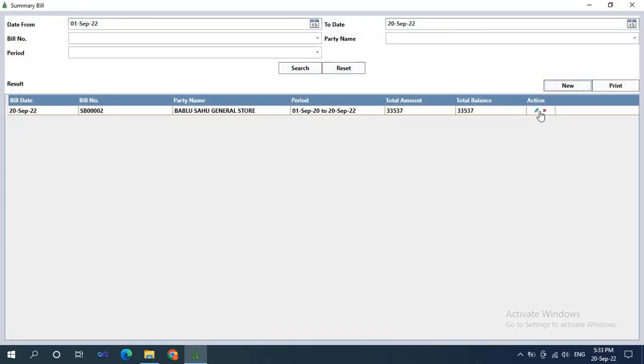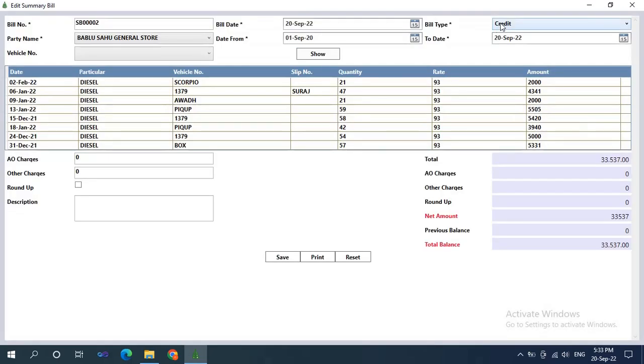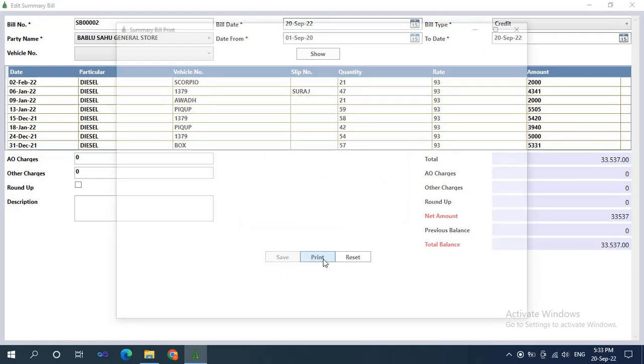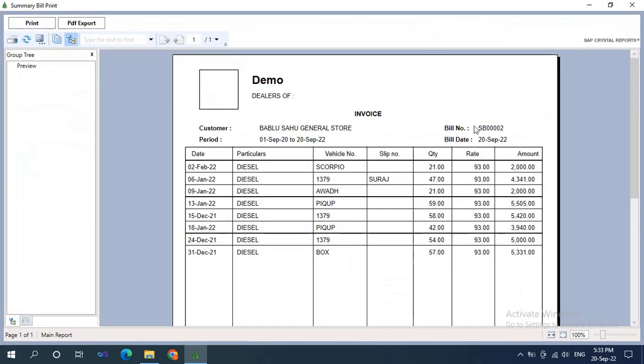Let me show you the example. This is the bill type credit, and this person has taken the product on credit, so we have generated this bill, and we can also save and print this bill. You can see